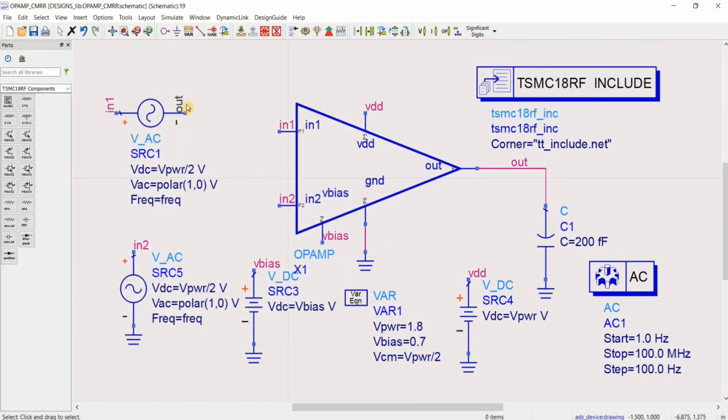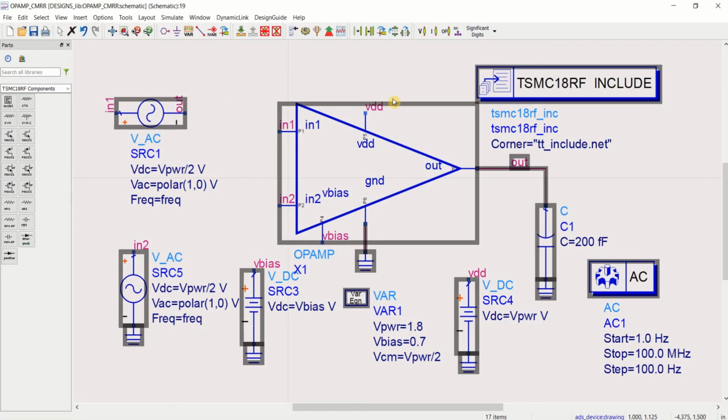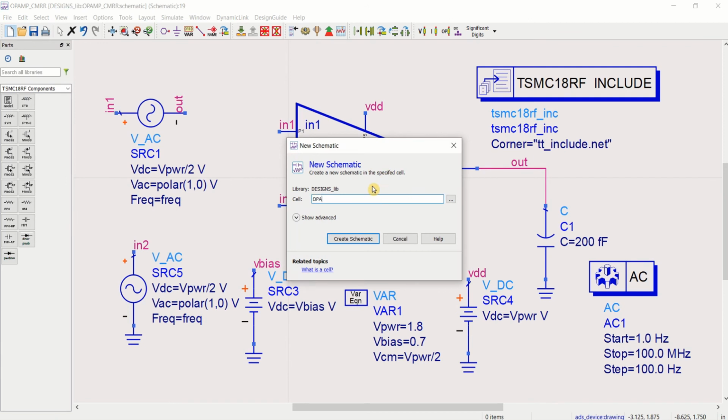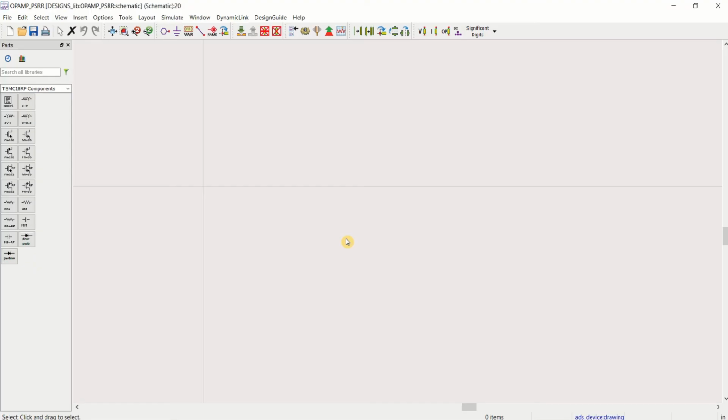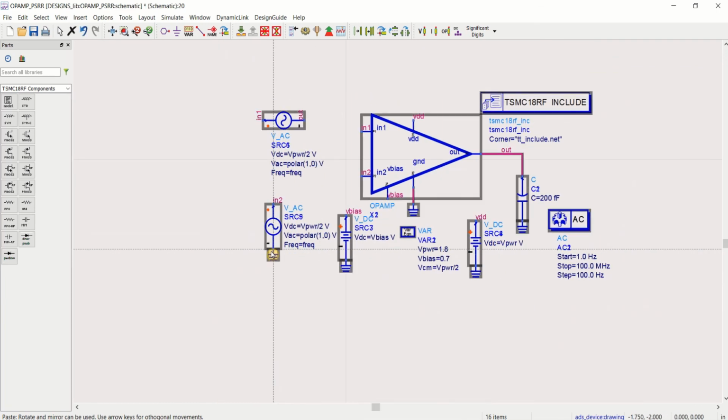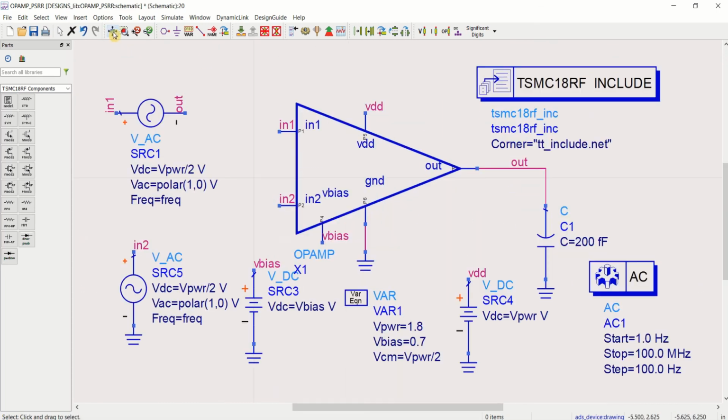Similarly, you can check the PSRR. Save it, go to the new file, create one more file, op amp, you can denote it PSRR, power supply rejection ratio. Just copy this. Here you have to give the input to VDC.